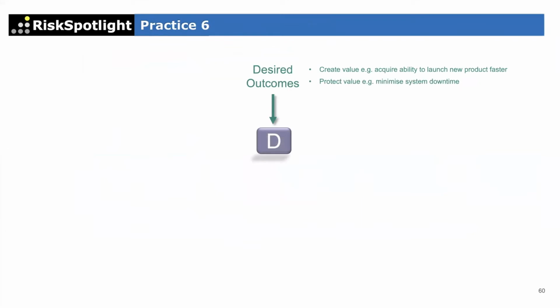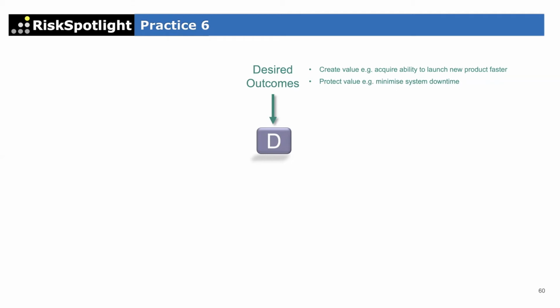So in terms of decision-making, what are the parts of a particular decision? Whenever we're making a decision, there is always something we want when the decision is implemented. That's what I'm calling desired outcomes. There can be two types of desired outcomes. As part of making the decision, you may want to create value for your organization or for your customers. An example may be that you want to upgrade your technology so that you are able to launch your new product faster in the future. Because if you don't do that upgrade and spend $3 million, your product launch is very slow at the moment. So that may be the outcome you want from a particular business decision.